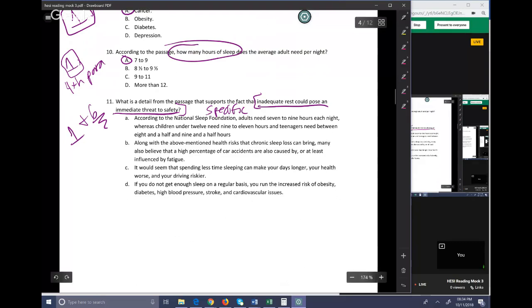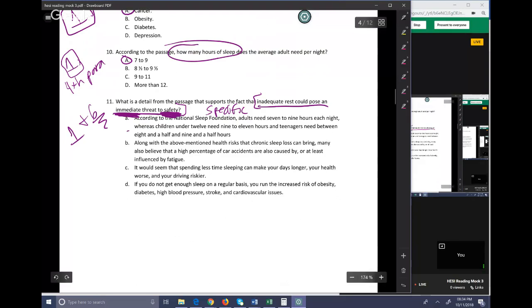The key to this one is an immediate threat, and that it's a threat to safety as opposed to your general health. What stands out to me here is it's got to be immediate, because this article discussed long-term effects, but it also discussed car accidents, which would be instantaneous. And it's a threat to safety as opposed to general health, because again, they mentioned each of those things quite separately.